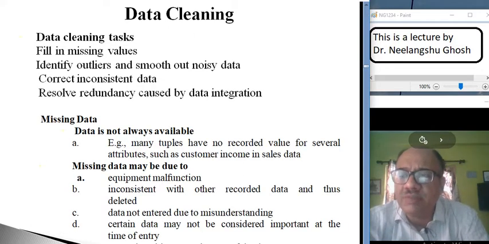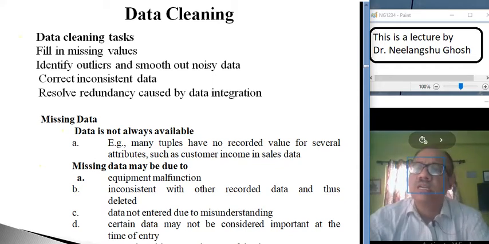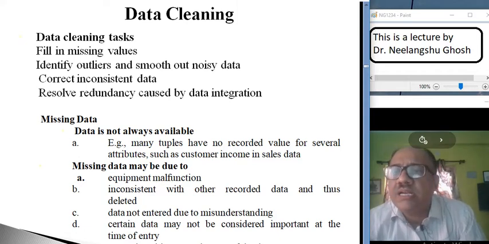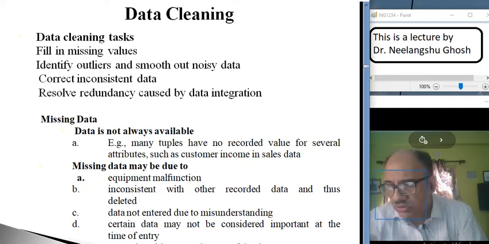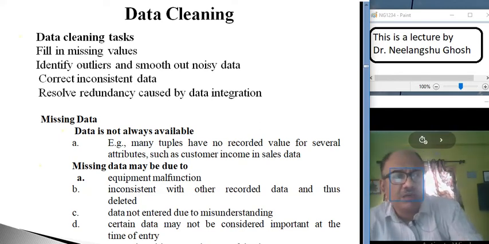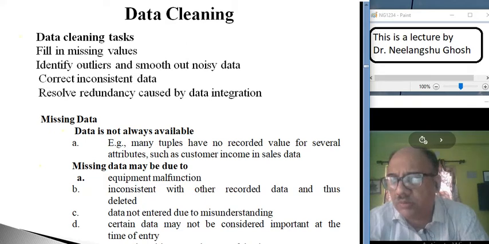We have already defined it, but let's elaborate a little. Data cleaning is actually filling in the missing values. Sometimes while typing we make mistakes and put wrong values in place of proper values.